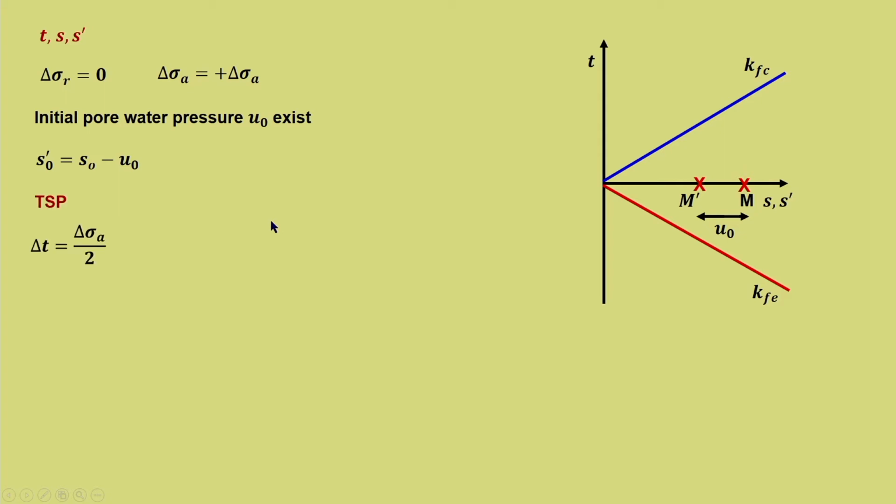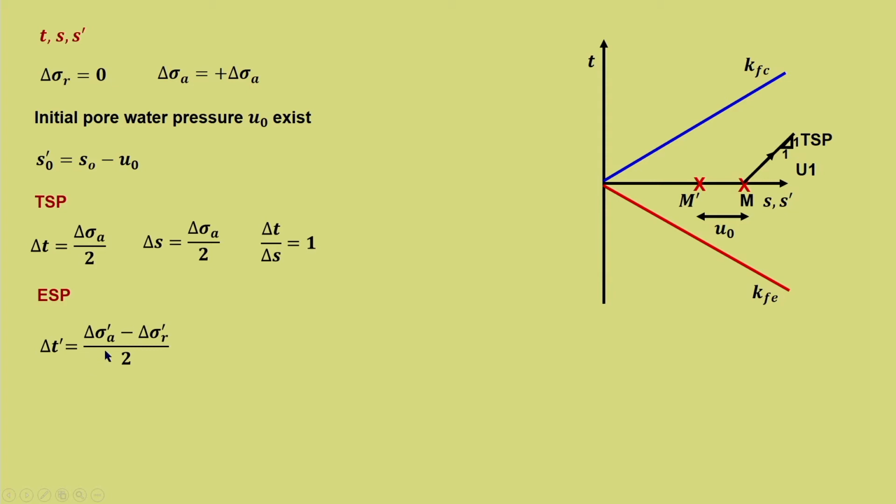So, the total stress path we need to compute is fairly straightforward, and it will be the same as that of the drained stress path. So, delta T by delta S equal to 1, this we have already seen. So, it is a straight line at an inclination of 1:1 and this is u1. So, this is the total stress path. Now, for the effective stress path we need to compute the pore water pressure expression, and that we have already seen. We have already got the pore water pressure expression.